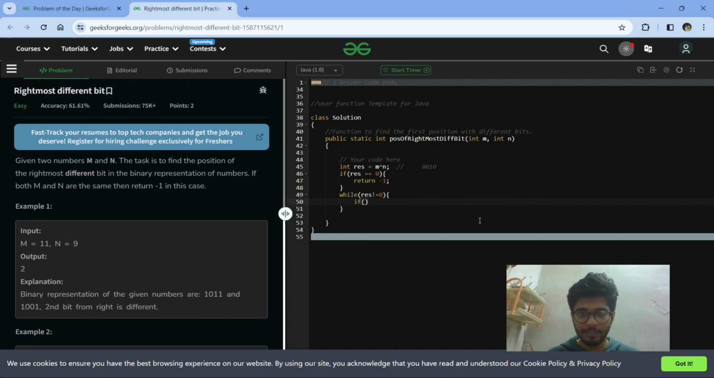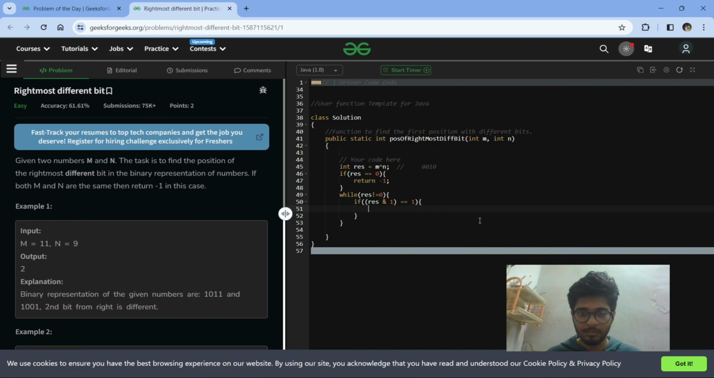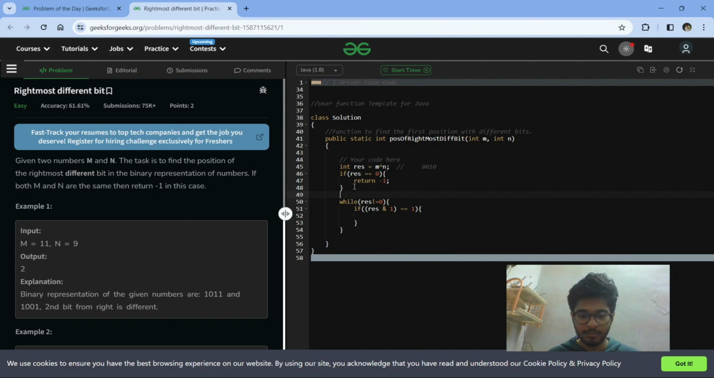So let us write that part. If res and 1 gives 1, then we have got our position, right? So let us take an integer pos equals to, let us start with 1. So if it is 1, I will explain you this part. If it is 1, then we will return this position,